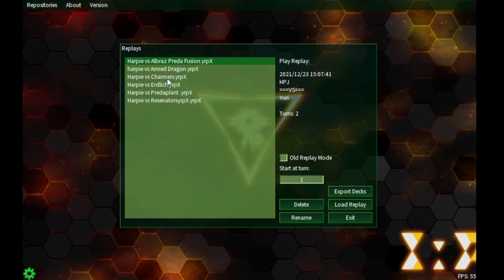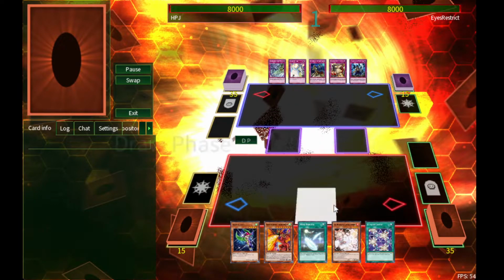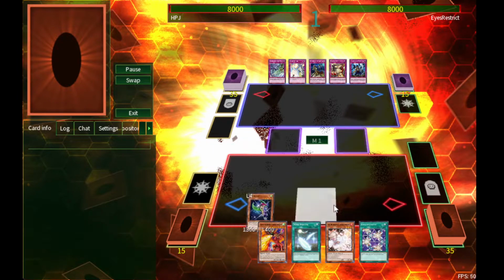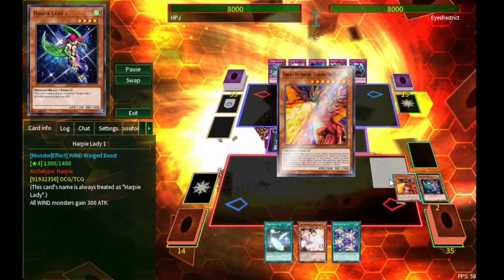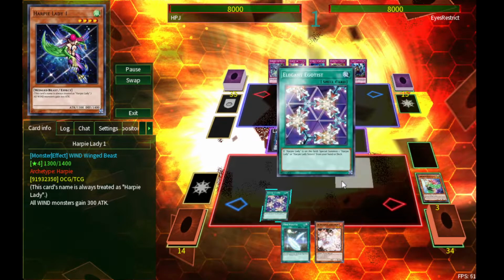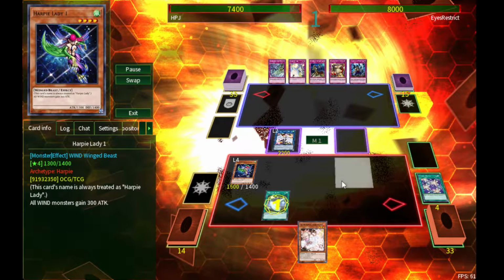All right, then let's move on. We have this interesting match against Outlet. So, Outlet in its heavy trap variant, from what this seems. I summon Harpie Lady, play Harpie's Pet Dragon, send my girl Harpies to the grave, go for Elegant Egotus, pray to ring